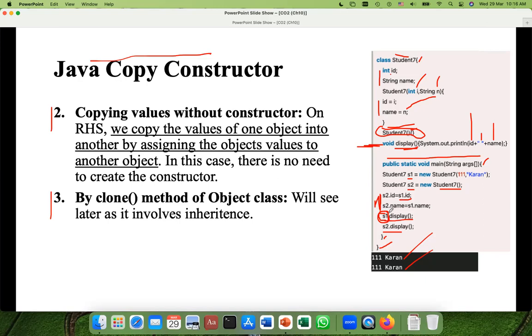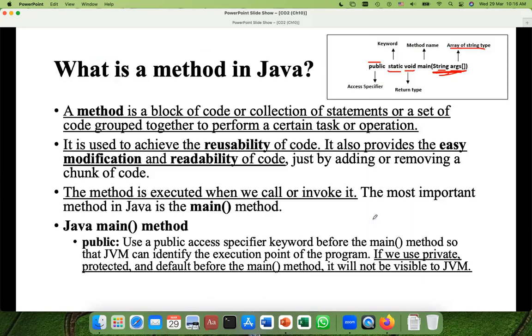Then how can you call it? You can call that static function with the name of the class, Student7. So you will have to write Student7 dot display, and then that warning will be removed from your screen. So anyhow,